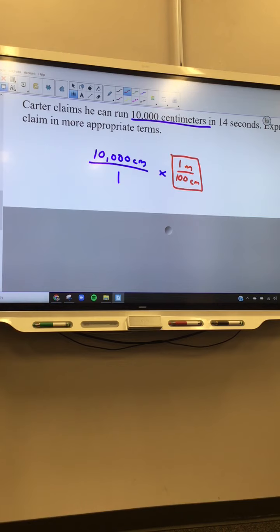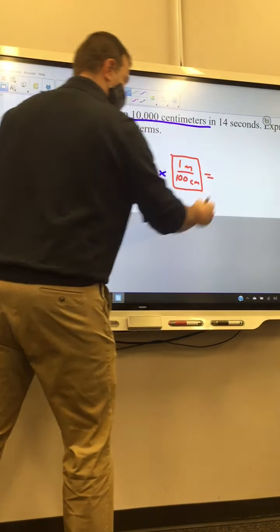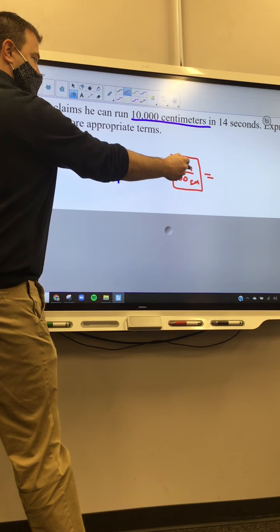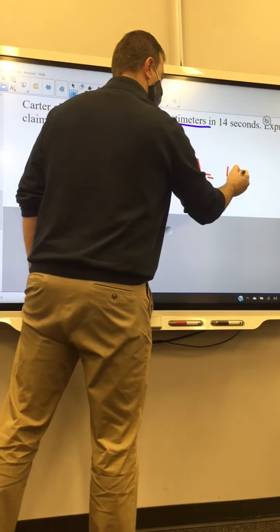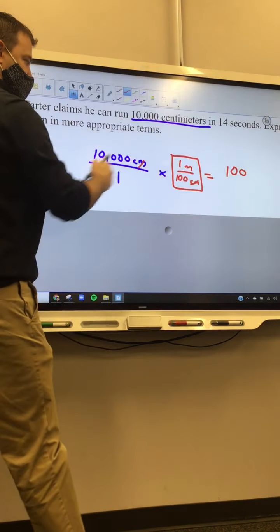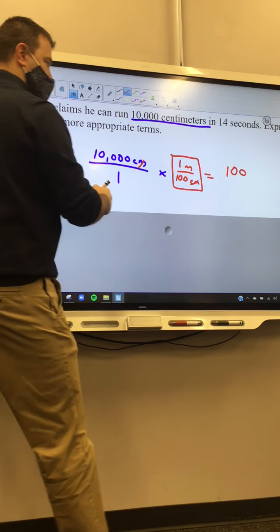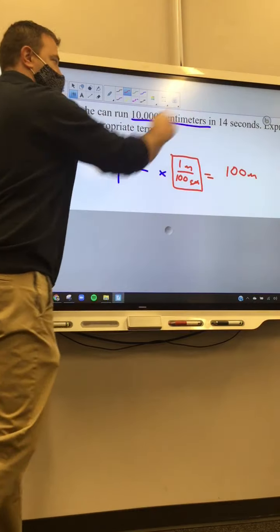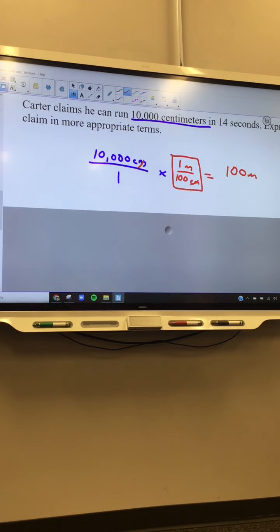Okay, so we could do this. When we do that, my centimeters and centimeters get canceled out. I'm going to be left with just meters. And then I should end up with 10,000 divided by 100, which is going to give me 100 meters. Okay, so we got 100 meters per 14 seconds. And again, does that sound right? 14 seconds, 100 meters. Maybe. I think typically we'd put